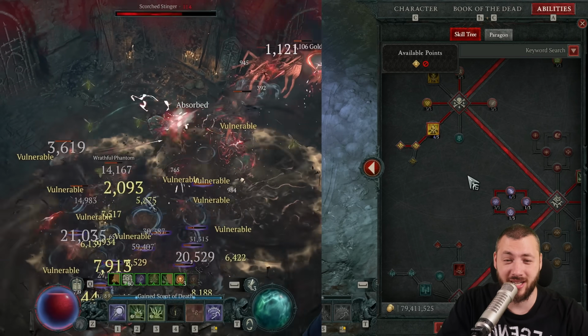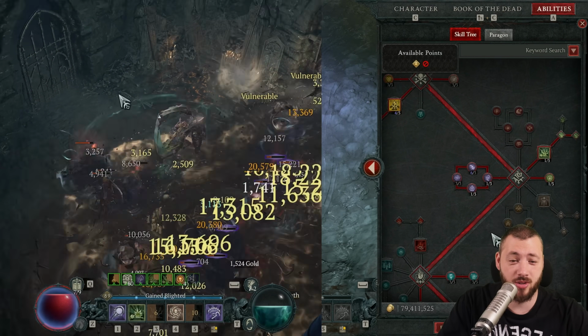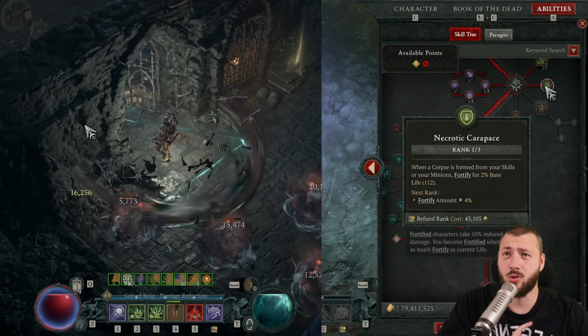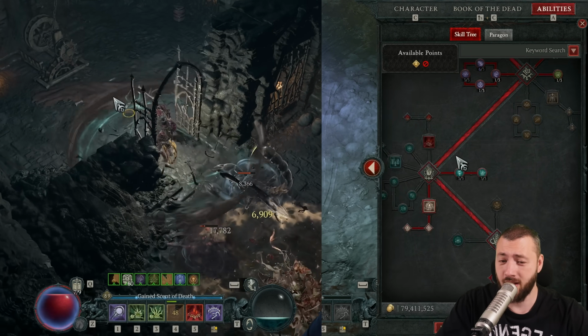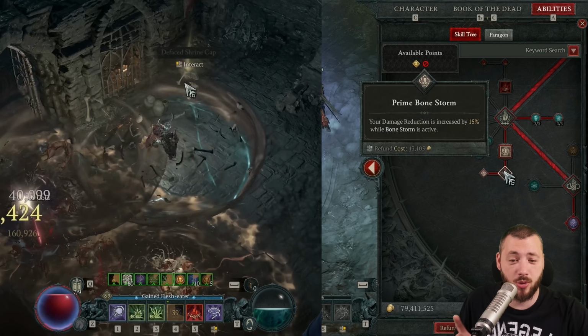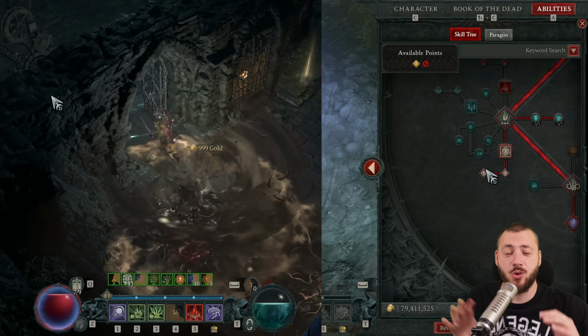That works very good against bosses. Then we're stacking all the shadow damage up, and we also have our Corpse Tendrils make vulnerable, plus 1 point into Necrotic Carapace for the Fortify, and very important, obviously, the Bone Storm. And the good thing is with the Supreme Bone Storm and the Prime Bone Storm, as you're running through the